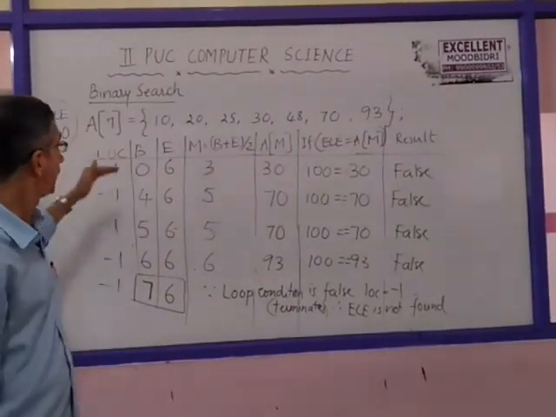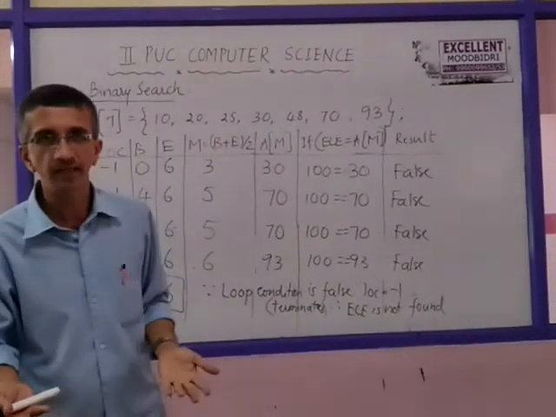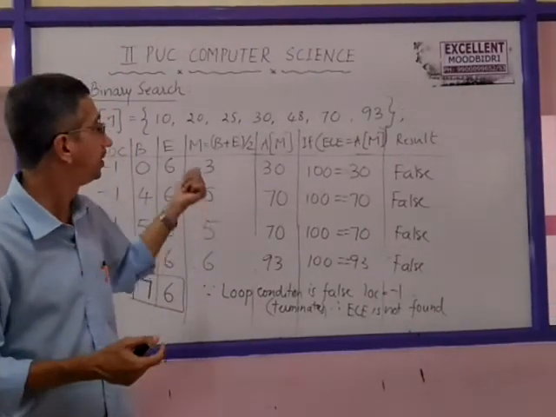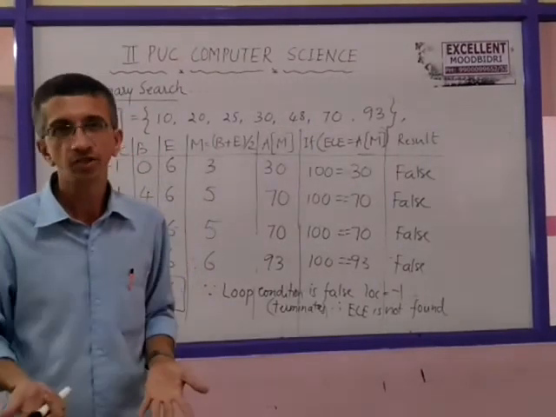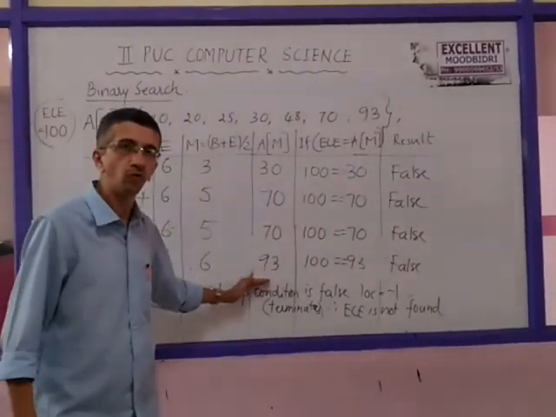So in each step you can explain also, right? These steps, in some other way also you can present it. But anyway, tracing of each step for different values of beginning and mid and A of mid comparisons and the location value you must show. So finally, write the summary statement whether it is found or not found.